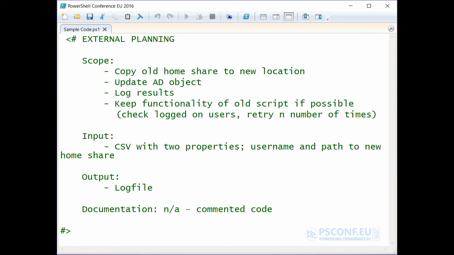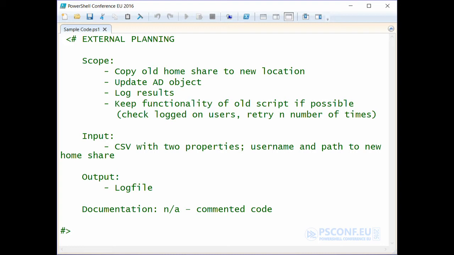The output, of course, aside from things being done, was a log file with the results, so that they could go through, because this was going to run for several thousand users, going to run overnight or the weekend, whatever. So they needed to just check up on the log file and see what failed and what went okay and stuff like that.